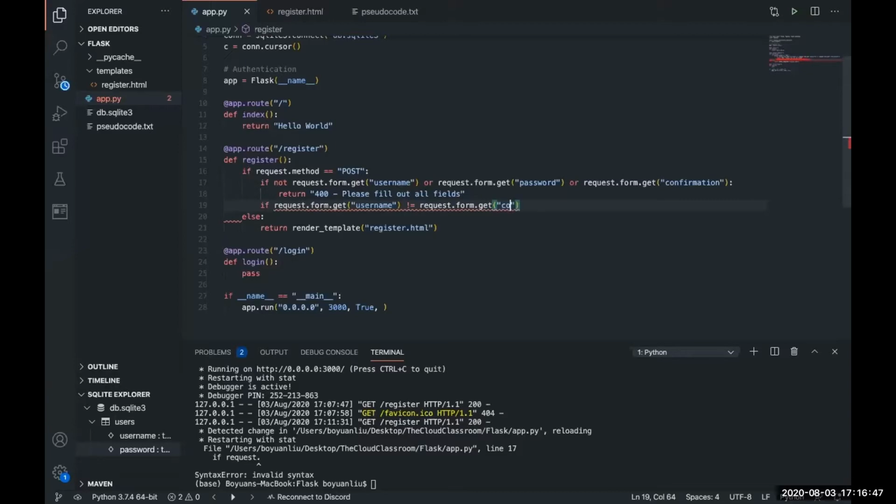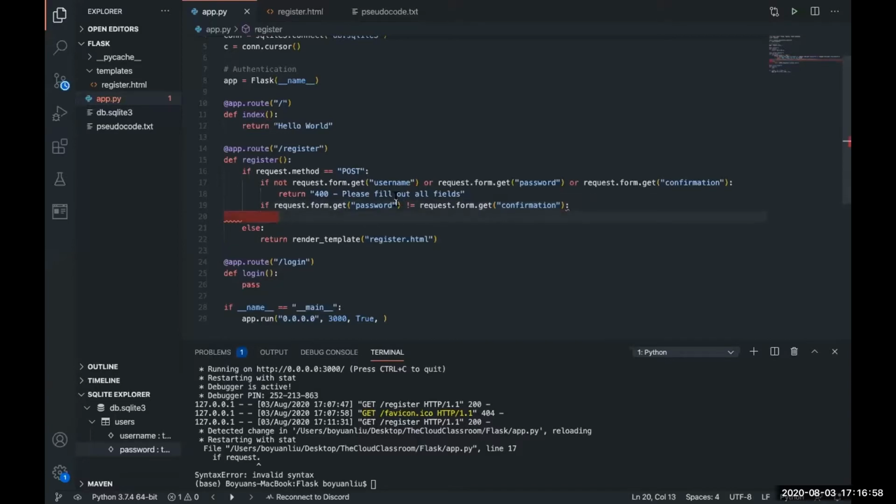Actually, no. When I say username, here it should be password. We're checking whether the two passwords are the same. And then if it is not equal, we can just return a 400 error code, and then here